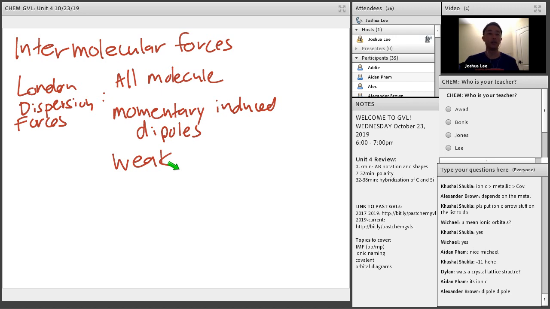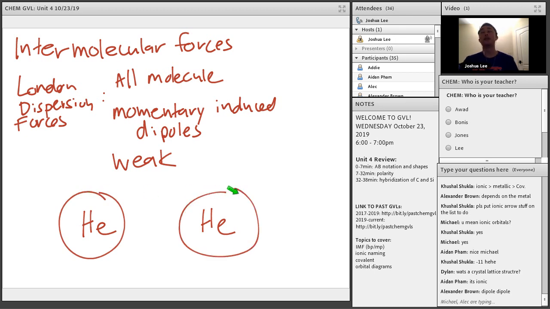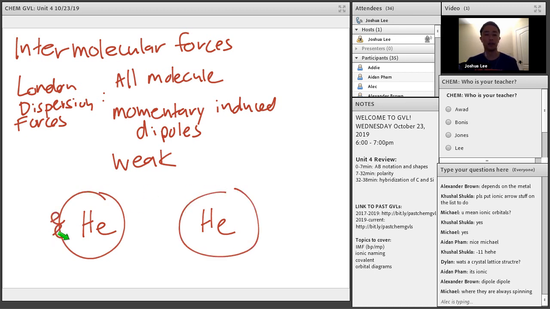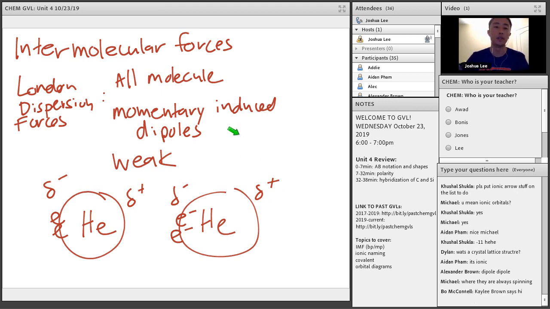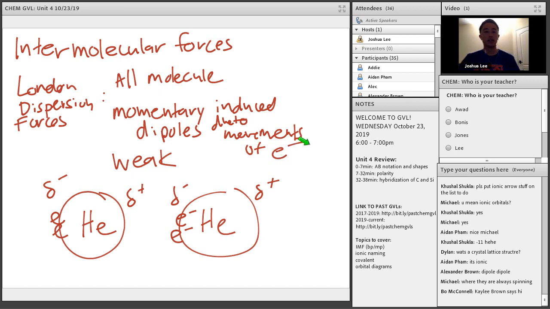So you could have something like helium, which is the easiest one. Helium, helium. For a split second, the 2 electrons on helium could be on this side, meaning a slightly negative side and a slightly positive side. Same thing here. So electrons are always moving. This is based on the movement of electrons. As electrons are spinning around, spinning around, spinning around,